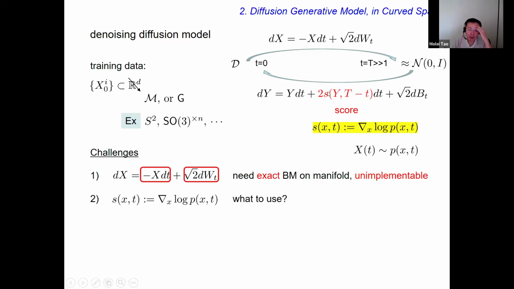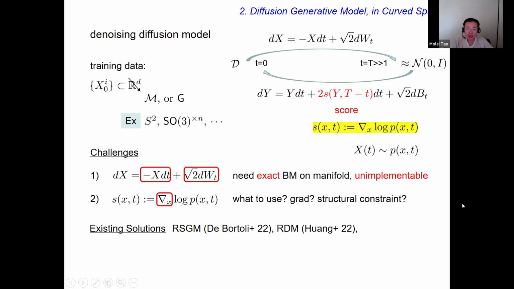Moreover, let's take a look at the backward process. What is this S? This S is a score function, it's a gradient. But what do you mean by gradient? So let's suppose you use Riemannian gradient. And then the gradient has to live in a tangent space, which is changing as X changes. But if you use a neural network to approximate this function, how does your neural network strictly give you something that is living in the tangent space, which changes as X moves? So then you have to do projection, etc. So you don't really satisfy the structural constraints unless you do additional approximation.